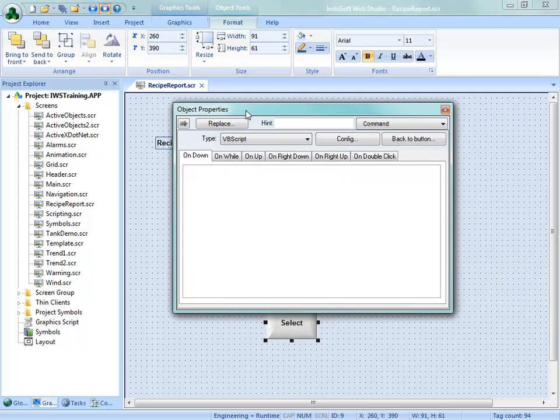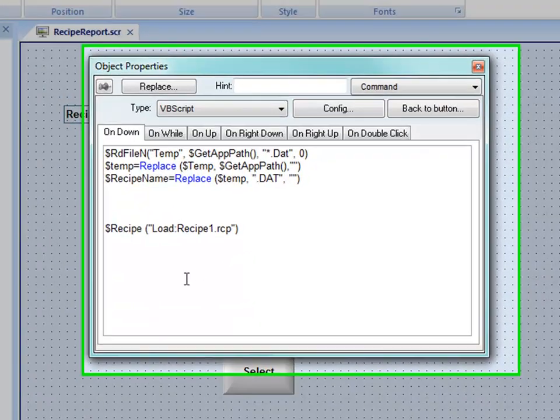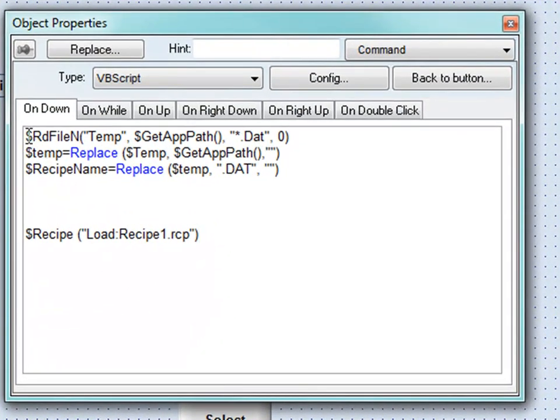Now I have a VB script that I've saved off screen. I'm just going to copy it right now and paste it in here, and I'm going to explain this to you. You can pause this video at any time and go ahead and type in here. And if I remember to during the production, I'm going to zoom in on this so you can see it a little bit better. The RD file N with the $ in front of it